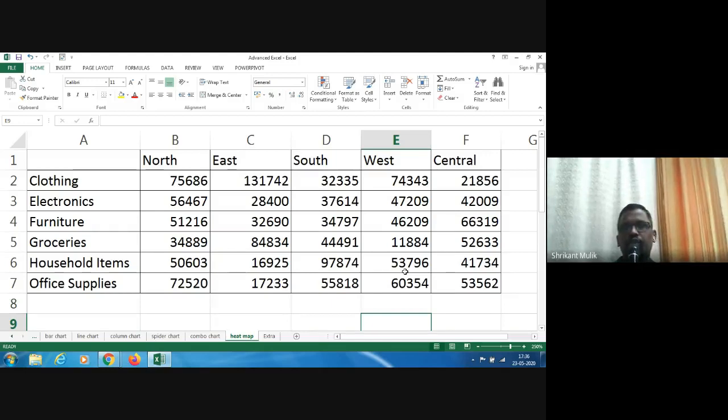Many companies have quality control functions, and they will find out defect rates, defect density, or defects in particular products, and then they will show it in a grid like this, a kind of table. The highest values will be shown as red hot, and the values which are relatively okay would be shown in a lighter red. So it's a dark red and a light red, and there are shades of it, right? So you can focus on where the heat is. That is the whole purpose of a heat map.